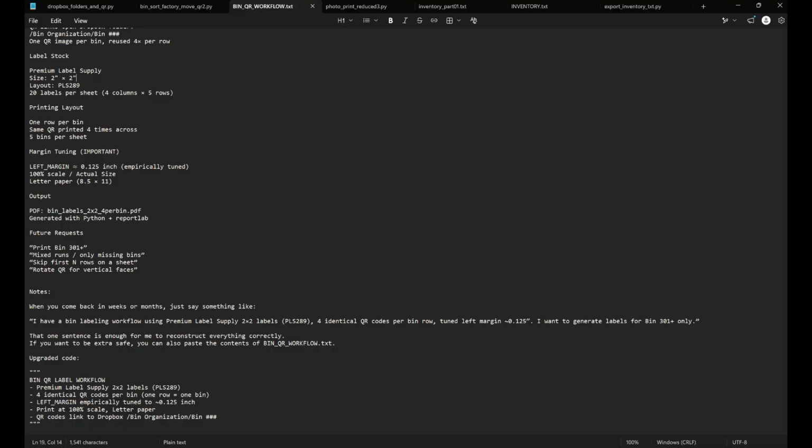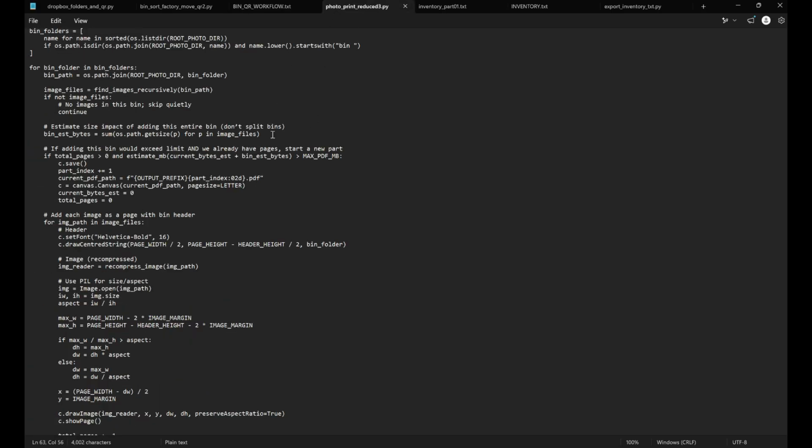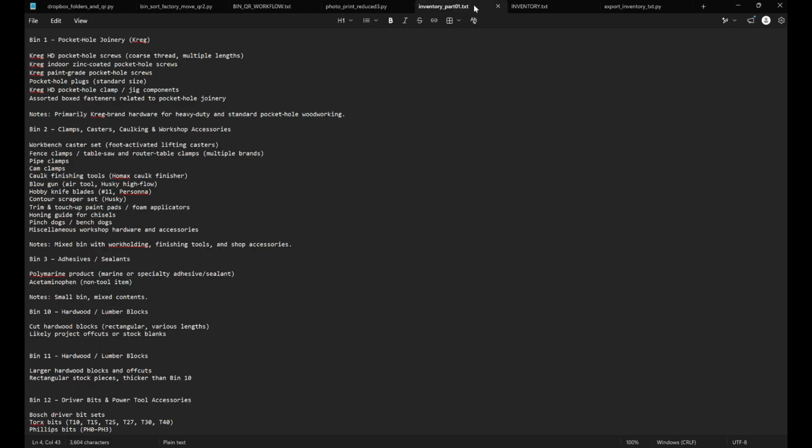And then I was like, okay, now I want this to be searchable. I mean, is that asking too much? I want to know what's in the box without having to do it. So if I'm looking for sockets, I can search my Dropbox folder for sockets, but nothing would come up if I just had photos. So I had it print the photos to a PDF, but the PDF was too large to stick back into Copilot and have it read and give me an inventory. So I had it reduce the size to the maximum that Copilot could do,